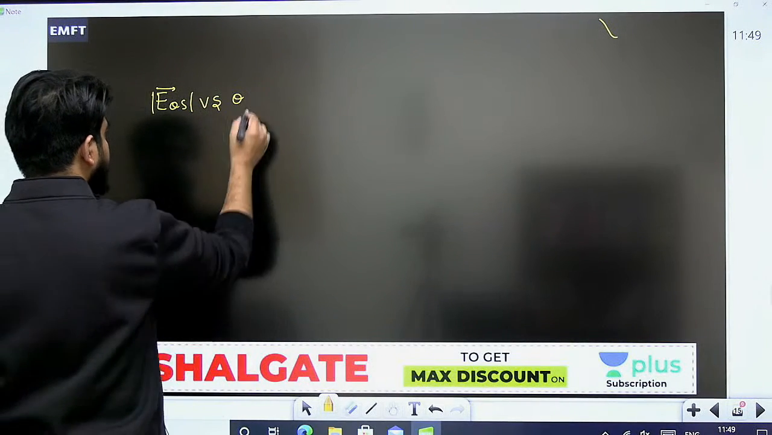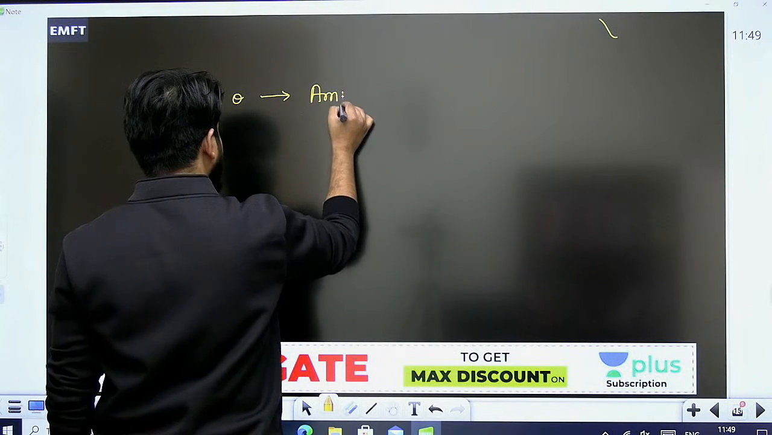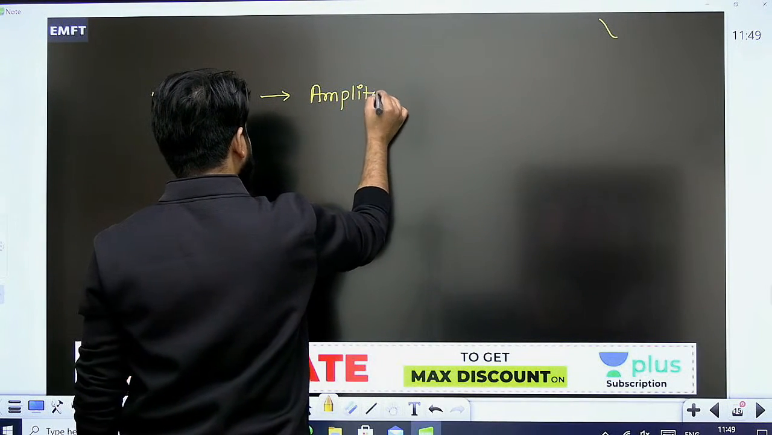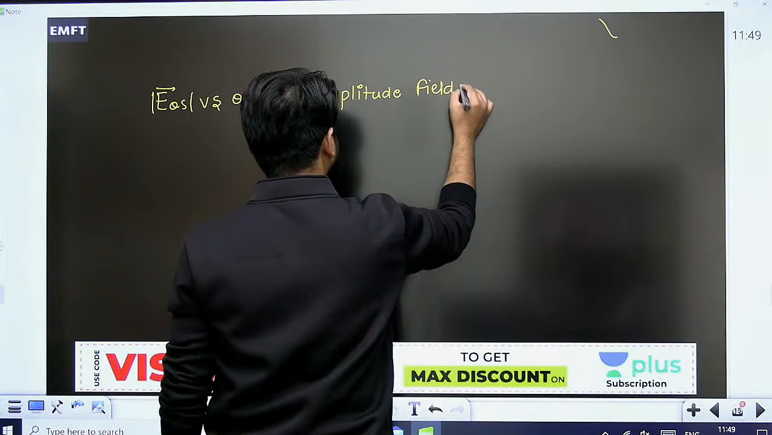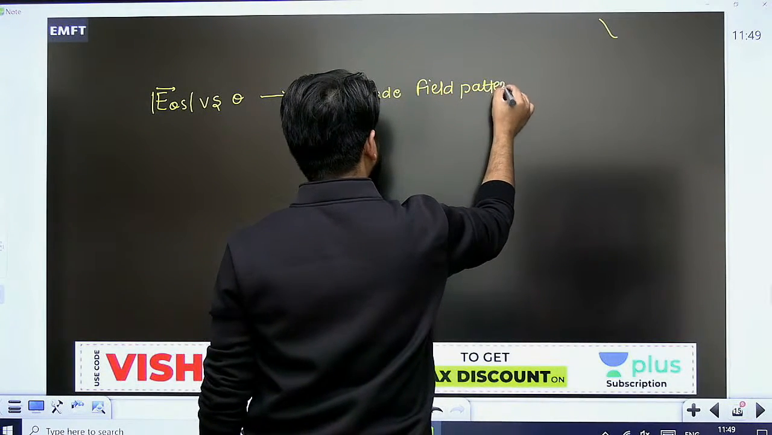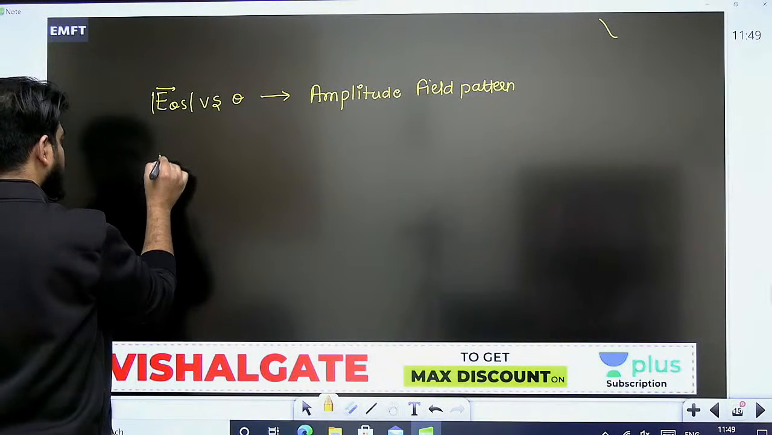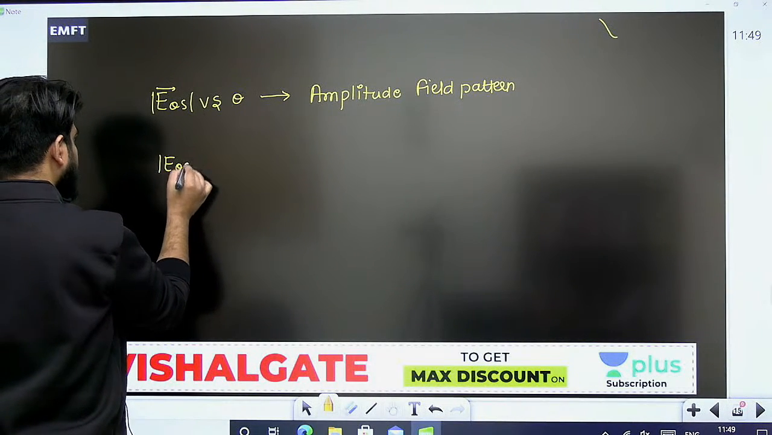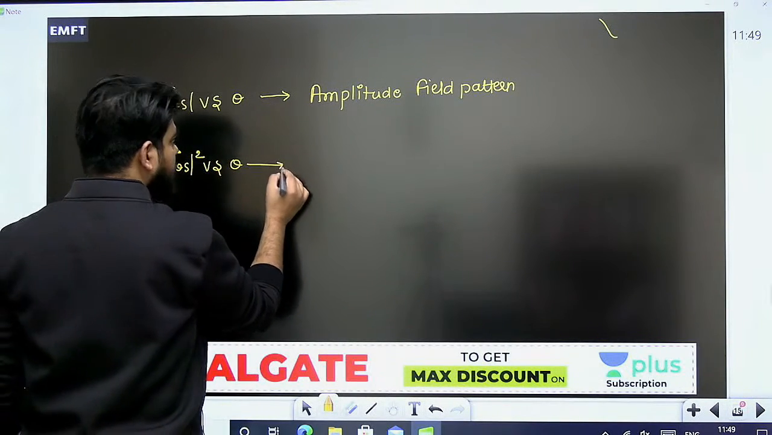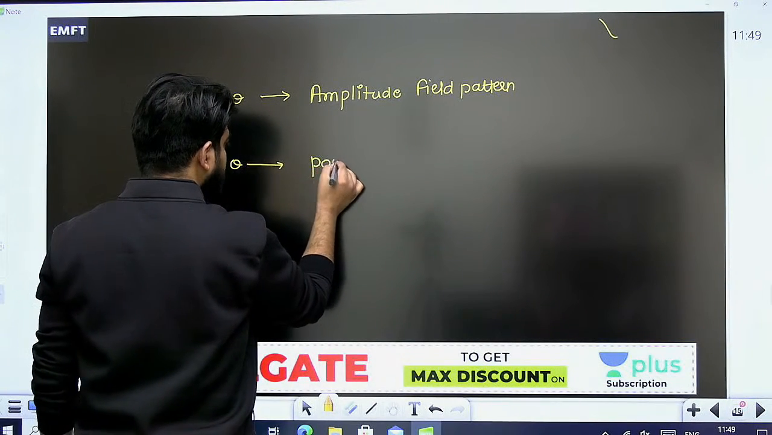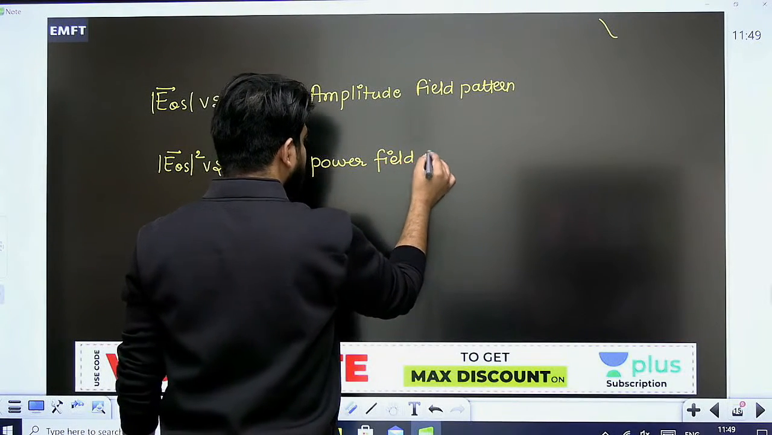So sometimes when you plot this E theta versus theta, this is also called as amplitude field pattern। Okay, and if we plot mod E theta square versus theta, it is called as power field pattern। It is called as power field pattern।